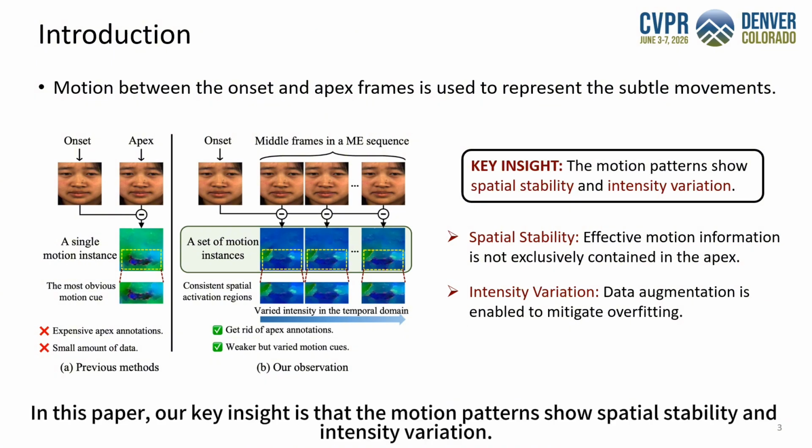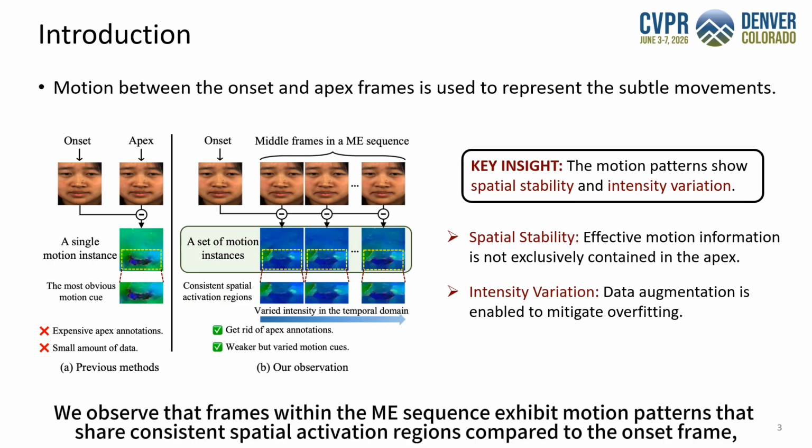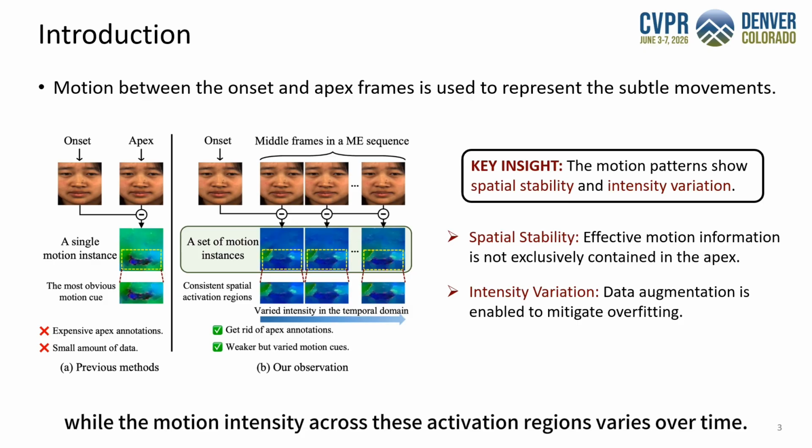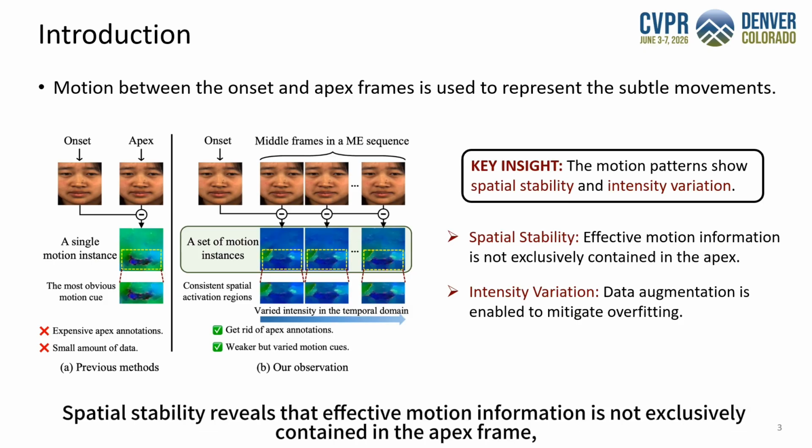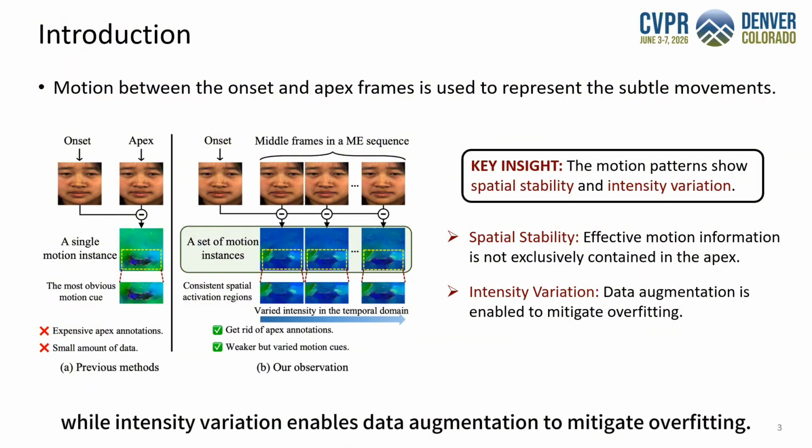In this paper, our key insight is that the motion patterns show spatial stability and intensity variation. We observe that frames within the ME sequence exhibit motion patterns that share consistent spatial activation regions compared to the onset frame, while the motion intensity across these activation regions varies over time. Spatial stability reveals that effective motion information is not exclusively contained in the apex frame, while intensity variation enables data